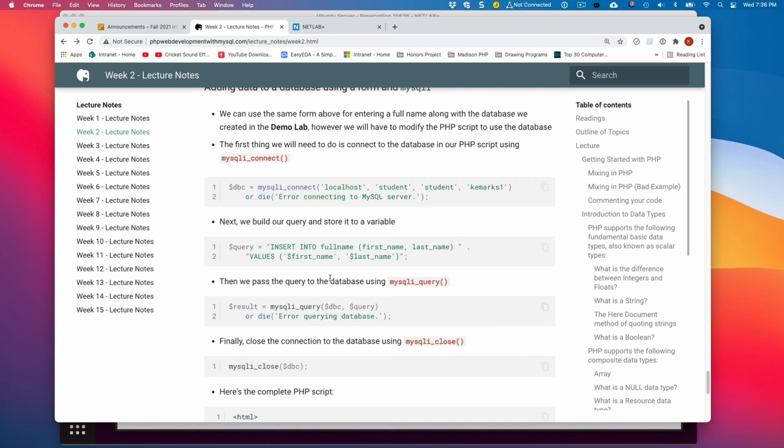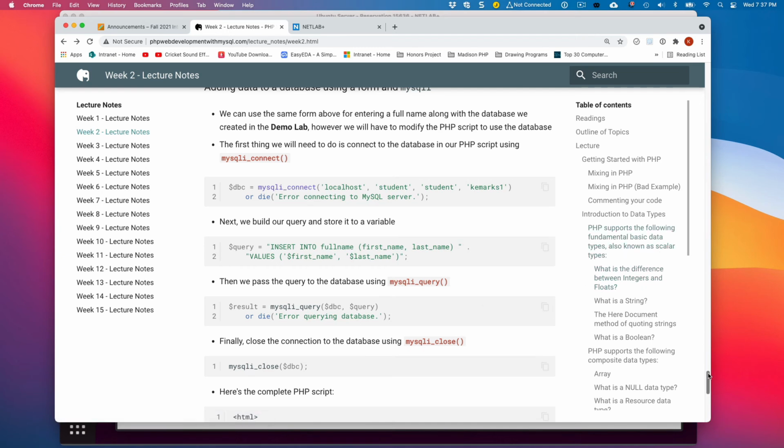If we have a failure, maybe because of some malformed SQL, I want to tell you now, 90% of the errors that you are going to have a hard time finding are going to be because of these malformed SQL statements. I'll give you a few hints, and there are some hints in chapter 12 on how to do some debugging and find these errors. Then when we're done, we'll make a call to mysqli_close, which closes our connection to the database.